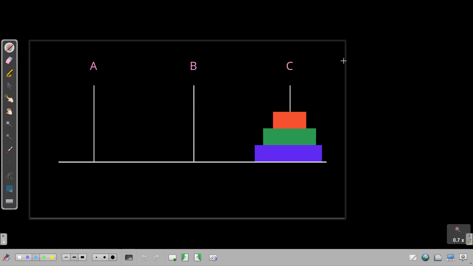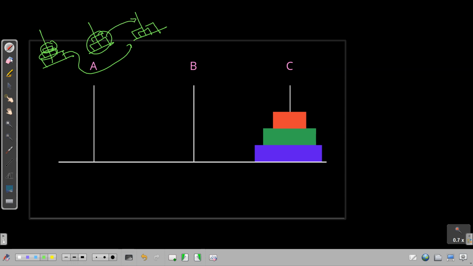What we actually did: this is our A rod, this is our B rod, this is our C rod. Here three disks are given. So we moved this disk to this position first. After that we moved this disk to this position. We moved this disk back to this position. What we did after that, we moved all of these two disks, using this as a rod, to this position.